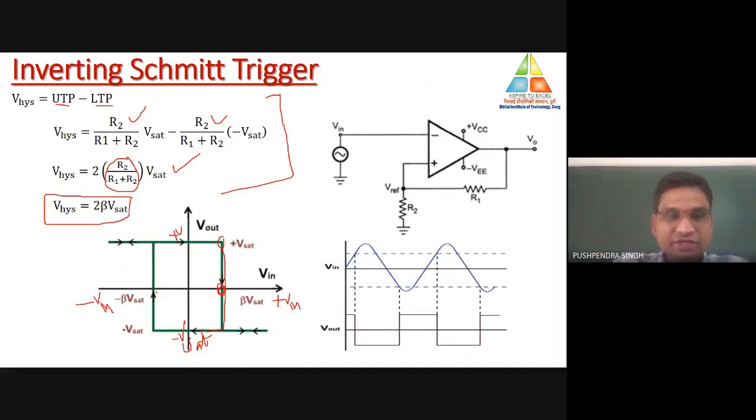Now when the level of the input voltage is much lesser than the negative input voltage, on that condition the output shifts from minus saturation to positive saturation voltage. So this curve will rotate back and forth in between these saturation voltages only. This is how we can generate the expression for the output. We can plot the output waveform of the Schmitt trigger circuit.